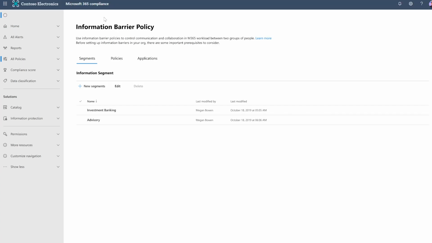The next compliance control we are going to see is information barrier policy. This policy allows you to create barriers between your business groups to allow or block communication and collaboration between those business groups. Here, I am in the Microsoft 365 Compliance Center defining an information barrier